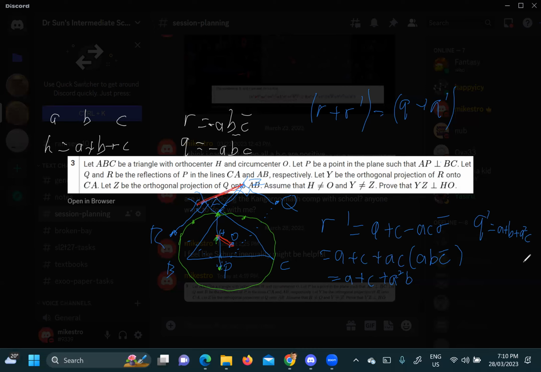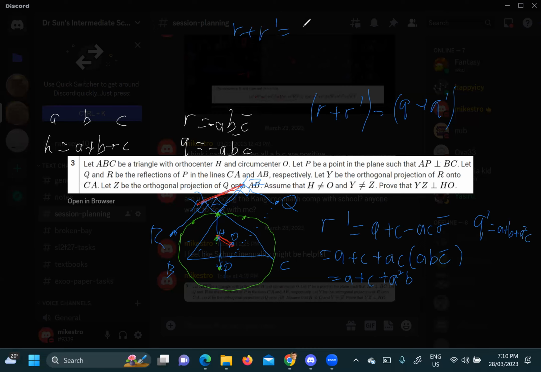This is right? Surely I'm not making a mistake. Okay, Q prime should be the same as R prime, yeah, just because they're symmetrical. Okay, so now we need to find R plus R prime. Could you do R prime minus Q prime? You could, R minus Q. Yeah, you could, but I don't know. I'm confused. Okay. R plus R prime equals